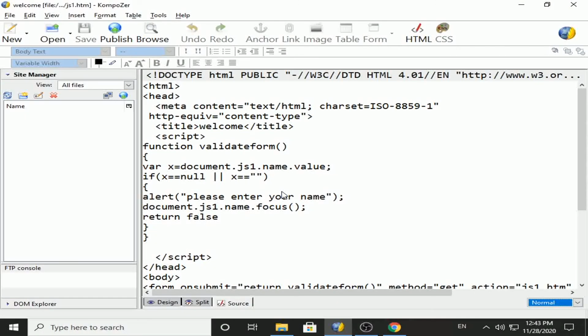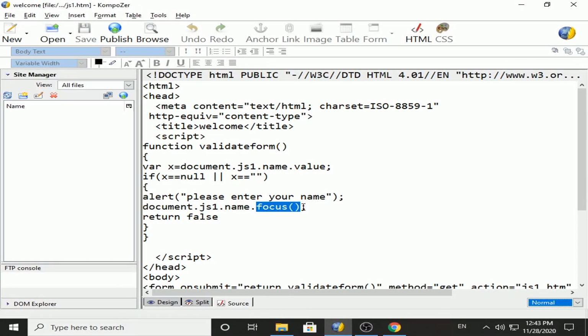Now as far as the script is concerned, we prepare a function called validateForm, and in that function we create a variable whose name is x, and then we have an if condition, then an alert statement, and a focus method.